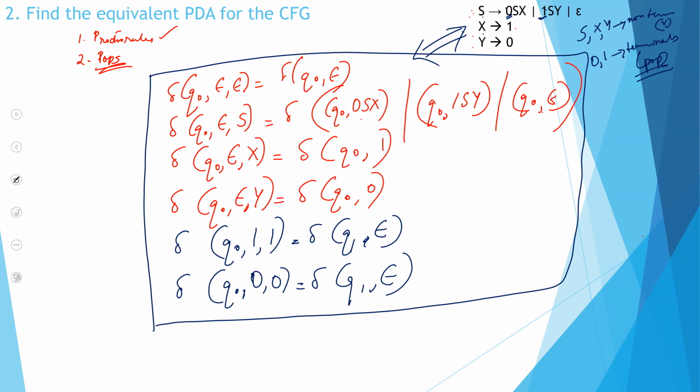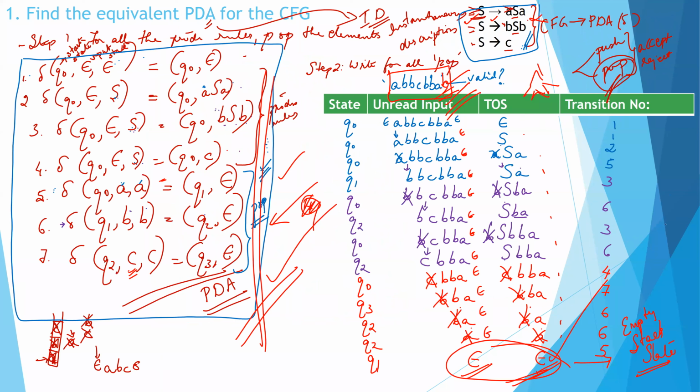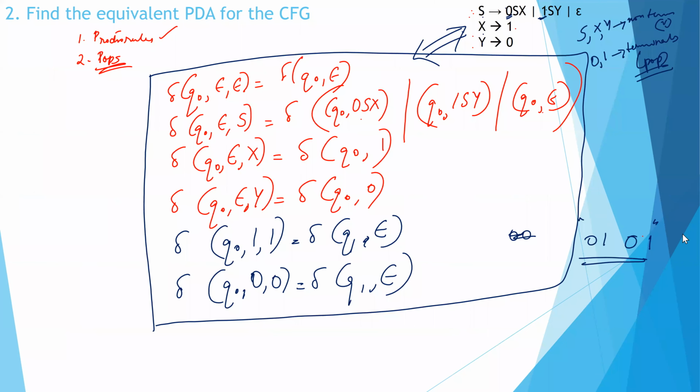Now, checking, you can do it yourselves. Okay, let's take a random string. Let's say 0, 1, 1, 0. Okay, you can do this yourselves. Check whether this particular string is valid or not. Check the validity of this particular string. How do you check the validity? You will be making up a table like this, and then you will be checking the validity.